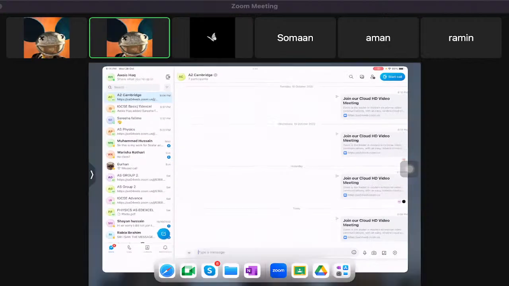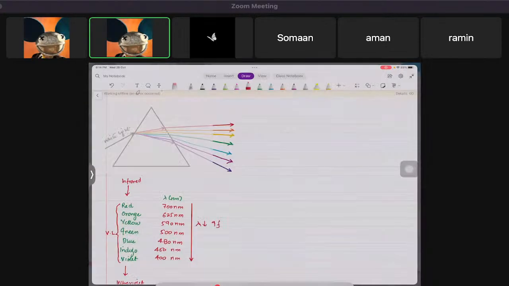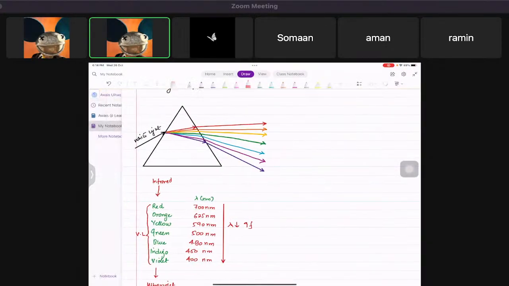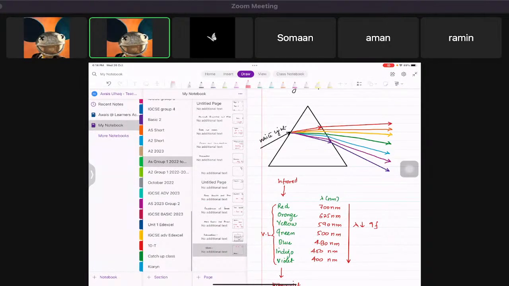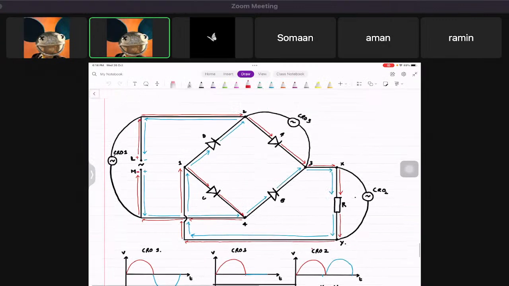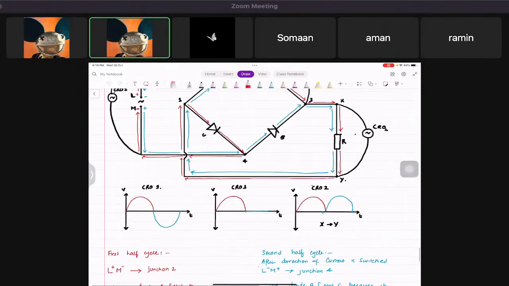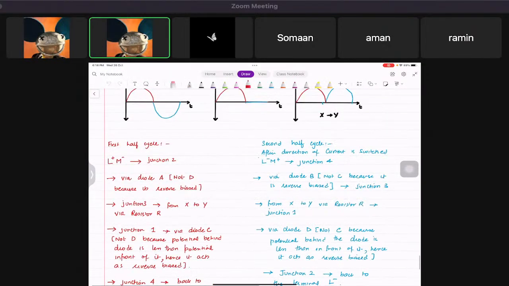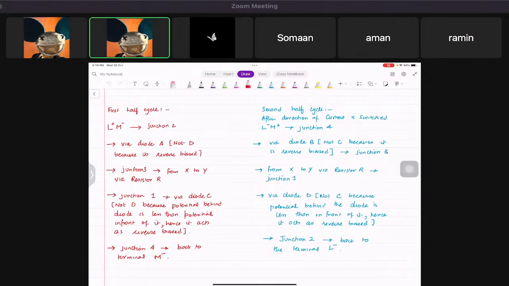All right then. Where are we? Okay, so I hope you guys understand the bridge rectifier and everything else. If you still have any questions, please let me know. So, going to the next,